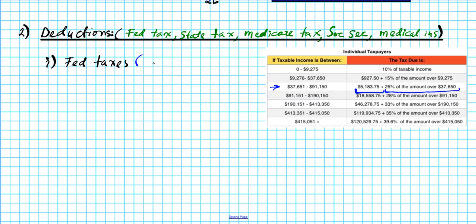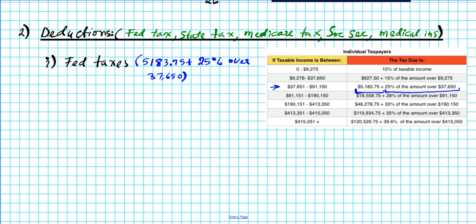It's going to be $5,183.75 plus 25% over 37,650. Okay? Now let's go ahead and start by calculating how much she earns over